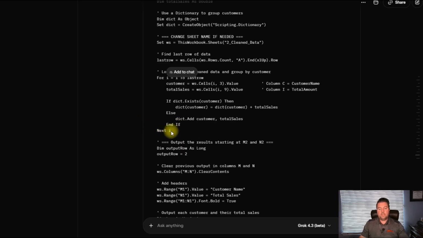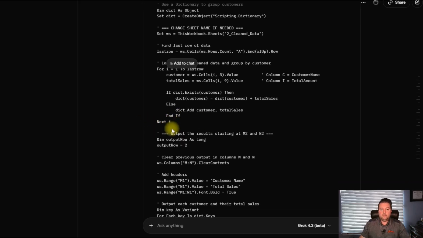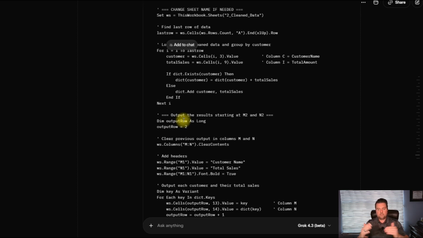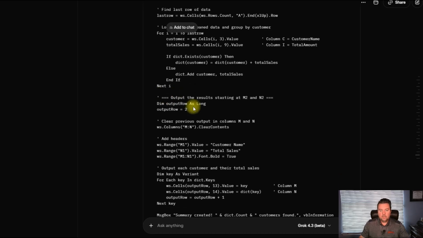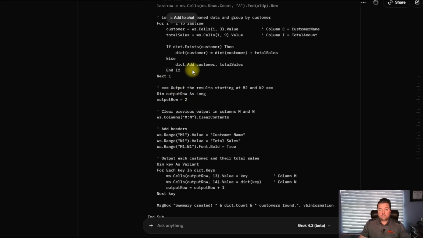Then next I, so it goes to the next row. It's building the dictionary and the sales at the same time, which is a really streamlined way to do it. Once that's done, and it's gone all the way down to the last row, now it's going to create the output. It's setting up a new variable, output row, and setting it to 2 because that's where I wanted to start it.